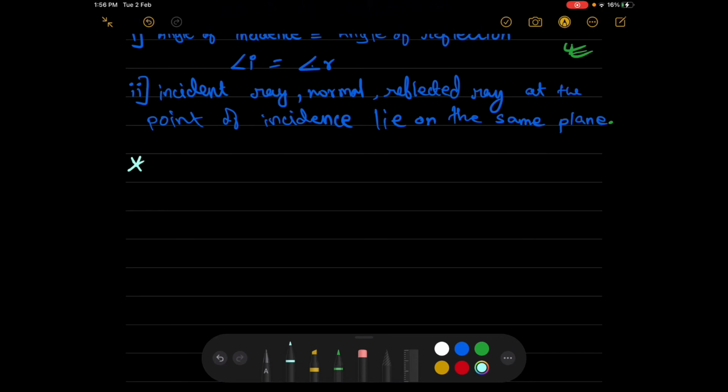Okay, now the last before we wind up, last two notes which are remaining. Note 1, what if a ray of light is striking the mirror at 90 degree? Are you getting it? So basically what we say, normal is drawn perpendicular, right? Normal is drawn like perpendicular, this is the normal. Okay, this is drawn perpendicular, but what if the incident ray only comes like this over here, making an angle of 90 degree with the mirror? What would happen?